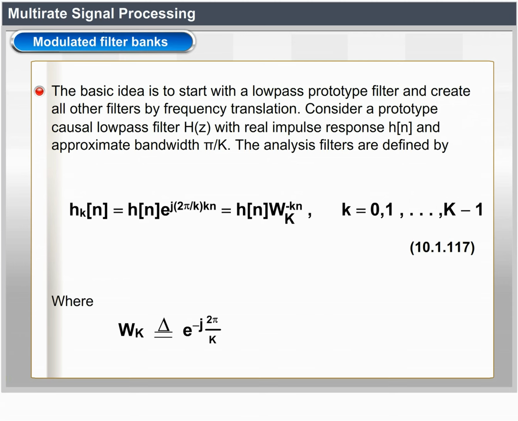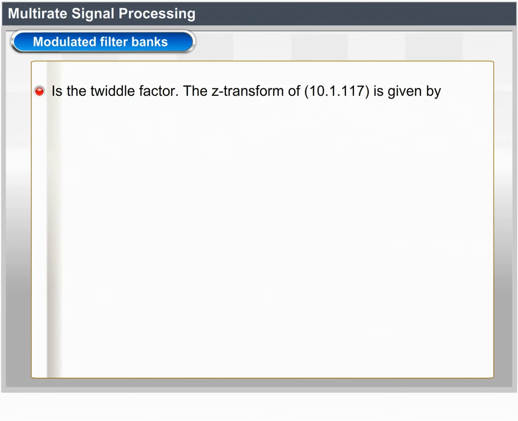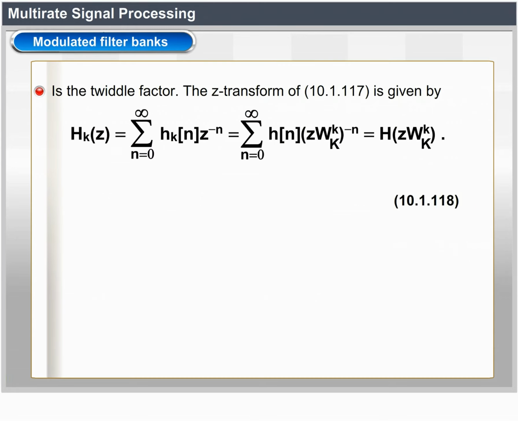The z transform of 10.1.117 is given by Hk of z equal to summation n equal to 0 to infinity hk of n into z power minus n, equal to summation n equal to 0 to infinity h of n into z into Wk power k, the whole power minus n, equal to H of z into Wk power k, is called equation number 10.1.118. Evaluating the z transform for z equal to e power j omega yields the frequency response